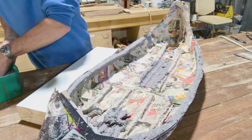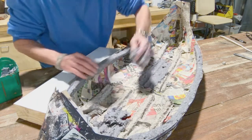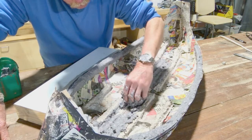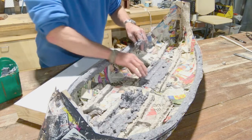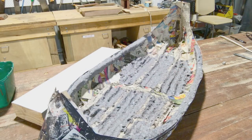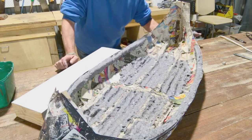So you see, I'm just running it in between the framing that I already put in, and I don't really want it very thick. So what I'm doing is just running along with my fingers and just running channels along there, and I think that will serve the purpose very well. Okay, so I've spread that along the bottom